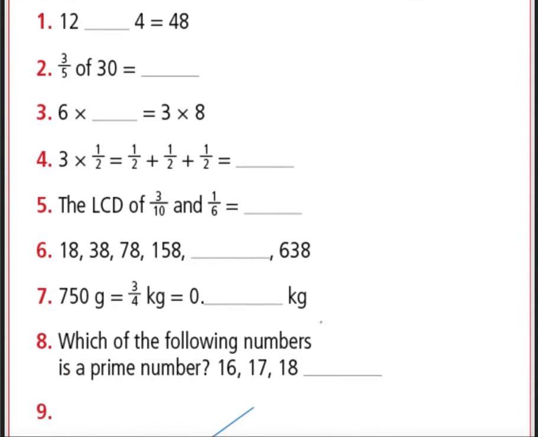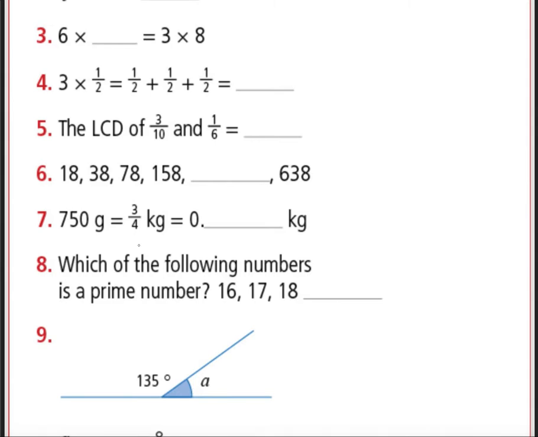I'm going to just scroll up here. 750 grams is 3/4 of a kilogram. So it's not a full kilogram. It's less because there's 1,000 grams in a full kilogram. So 3/4, what is that as a decimal? Now 1/4 is equal to,